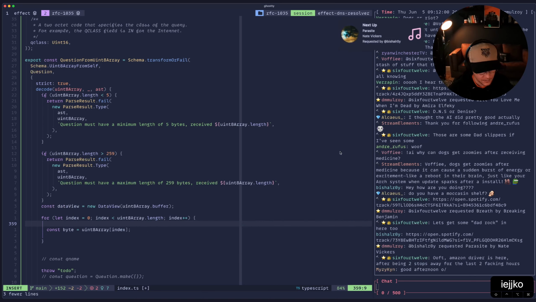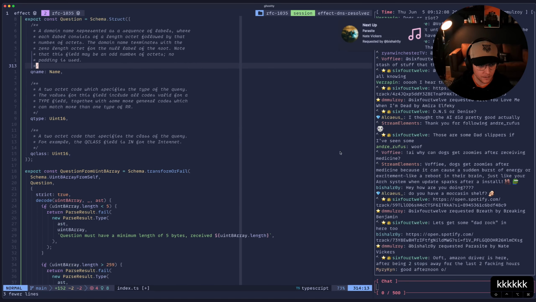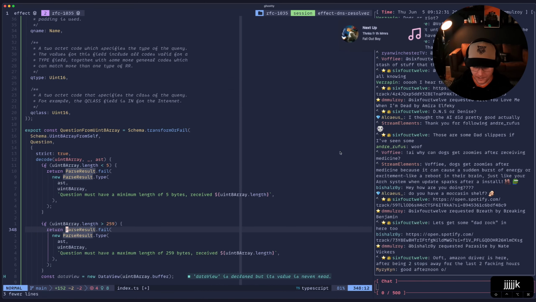And then we'll say const is, what is the right language here? We need to check if we're in a length position. A length followed by that number of octets. So this is going to be tricky. What up, Mizzy? We basically want to do like